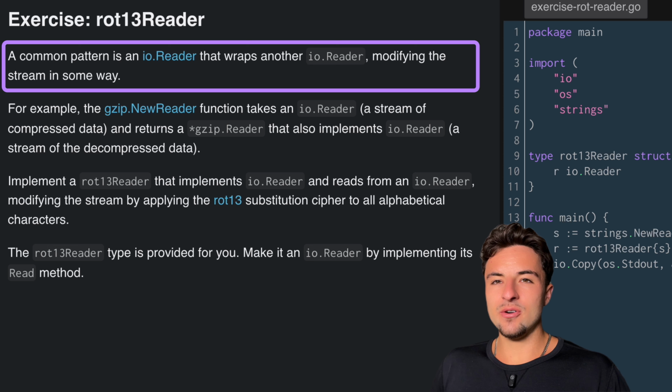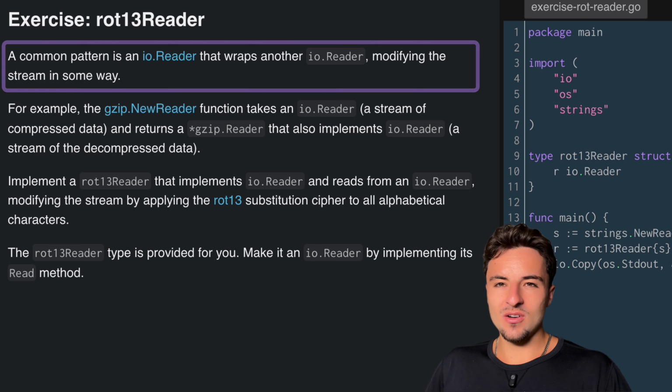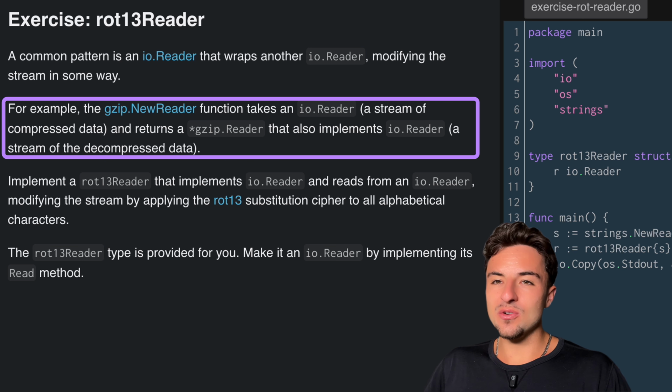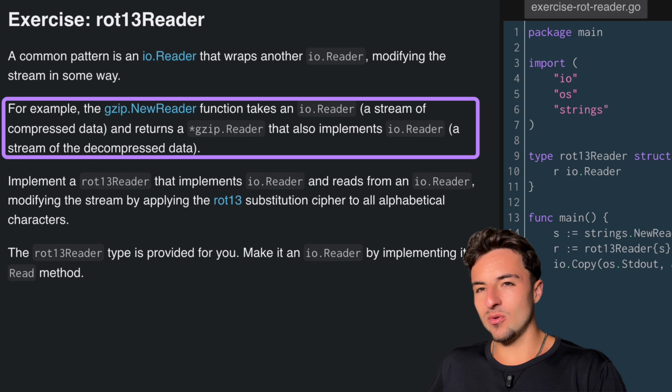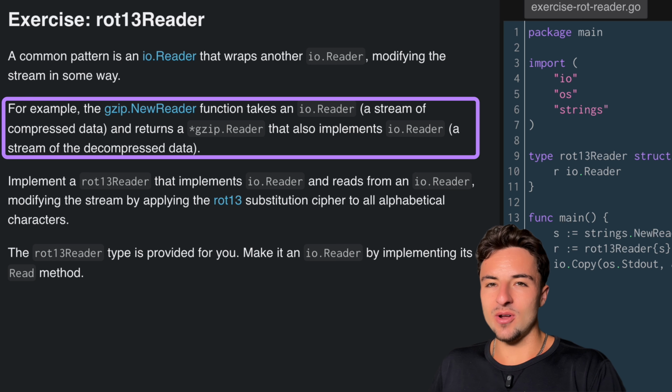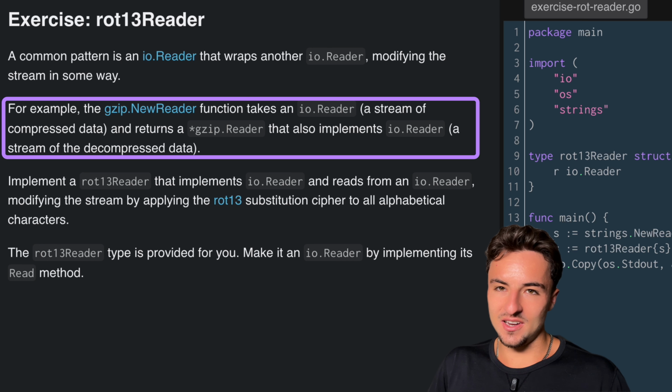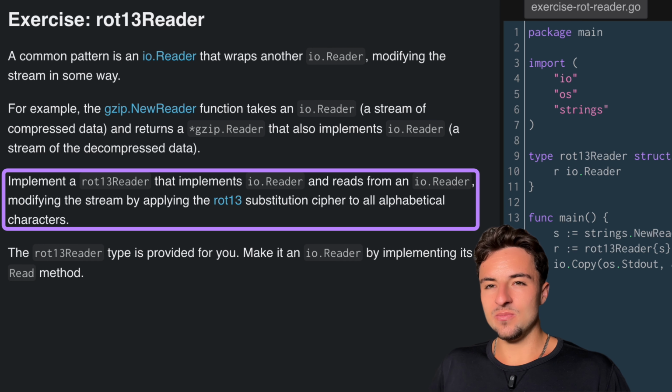A common pattern is an io.Reader that wraps another io.Reader, modifying the stream in some way. For example, the gzip.NewReader function takes an io.Reader, a stream of compressed data, and returns a pointer gzip.Reader that also implements io.Reader, a stream of the decompressed data. Implement a rot13Reader that implements io.Reader and reads from an io.Reader, modifying the stream by applying the rot13 substitution cipher